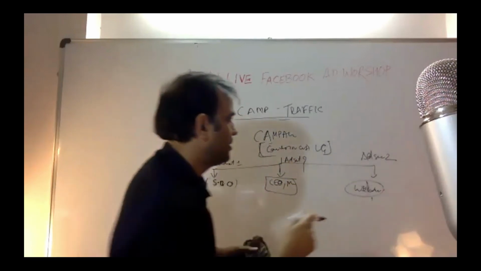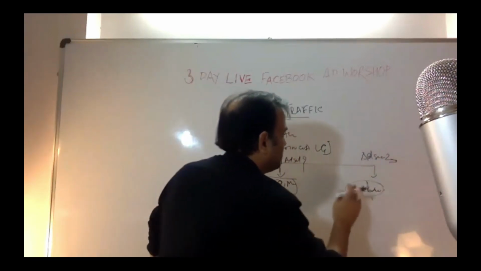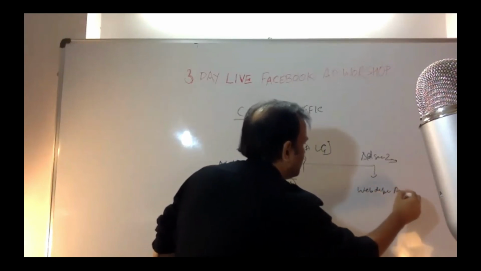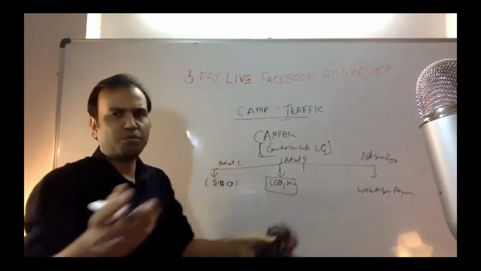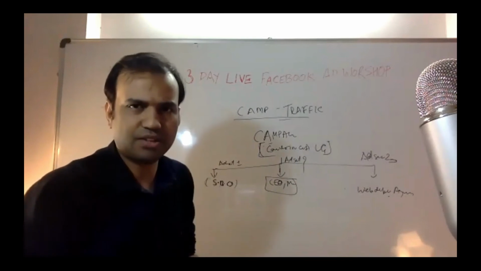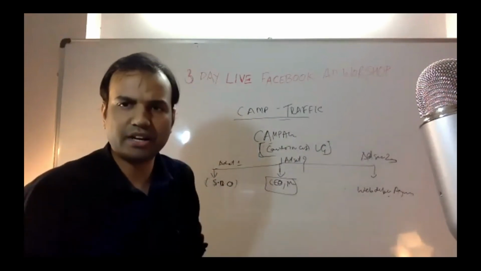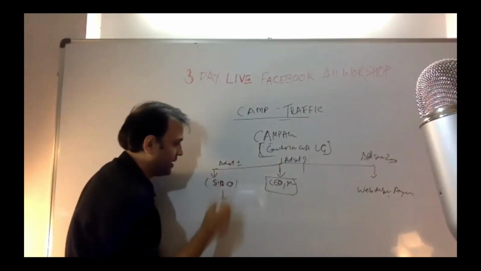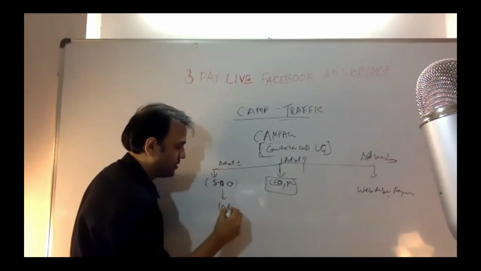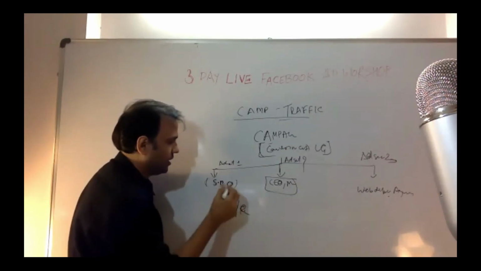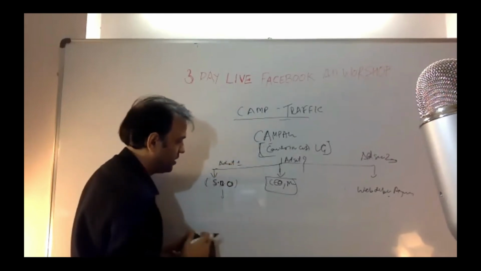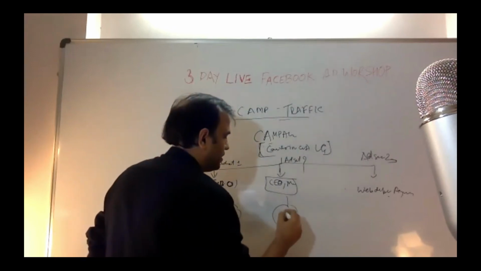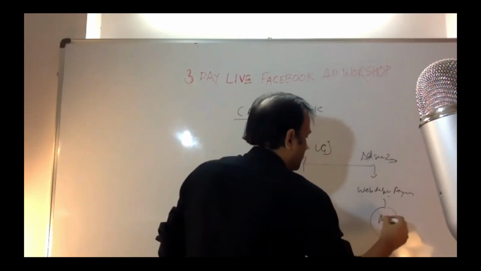I hope this is visible, right? And in ad set 3, I am going to select a web development agency. Or, for example, I want to do this Facebook ad workshop. I think these are my target audiences, right? Now, if I have selected these ad sets, for example, here I get 10 rupees per conversion or per result. Again, here there will be an ad. I'm putting the same image here, here also, and here also.